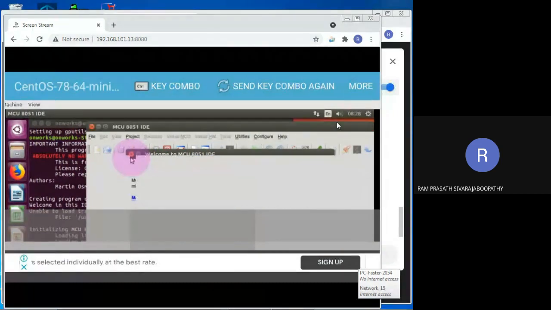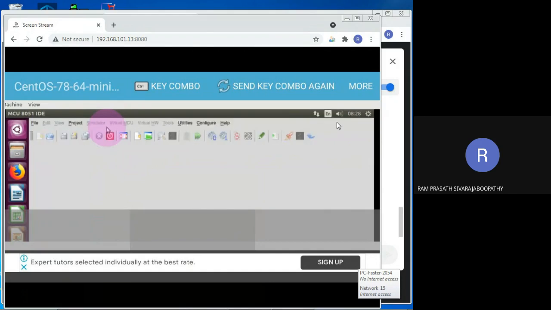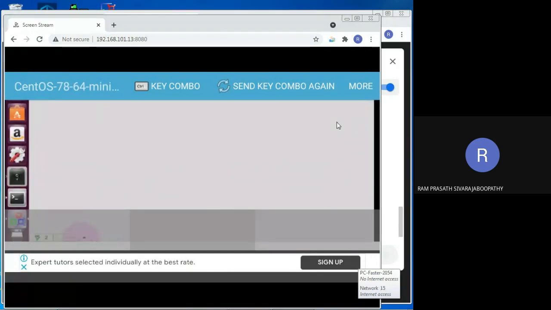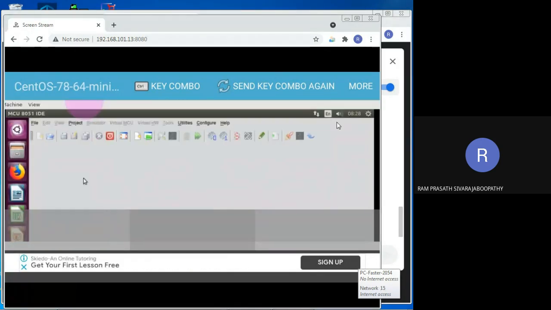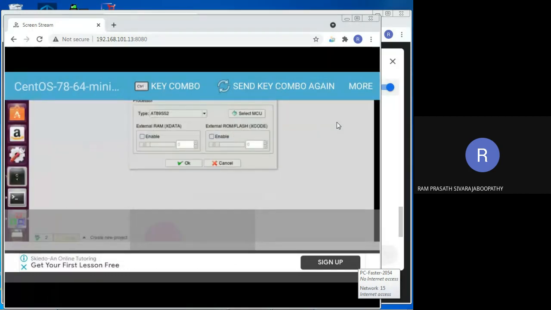I have closed it. So now I am going to maximize this particular screen. Fine. So now what I have to do? I have to click on project. I have to select new. Yes, select. Then here you can type the name as you wish.